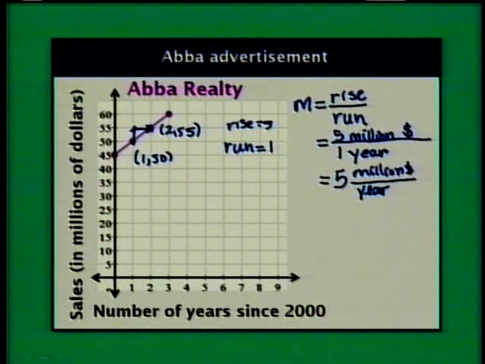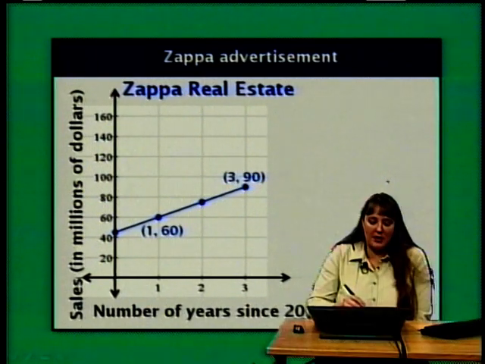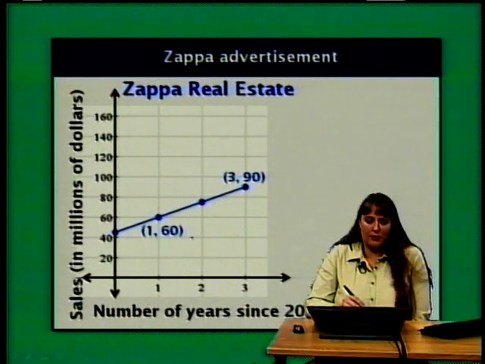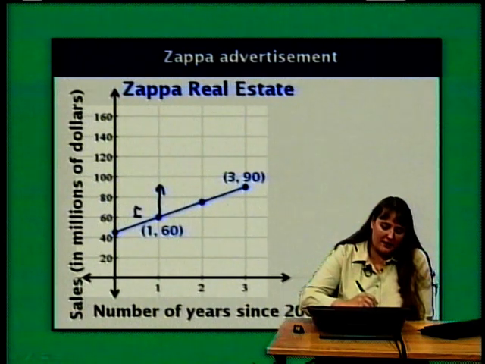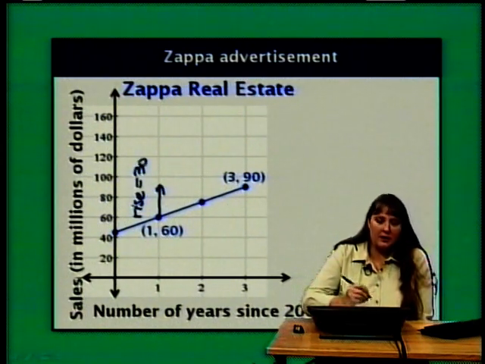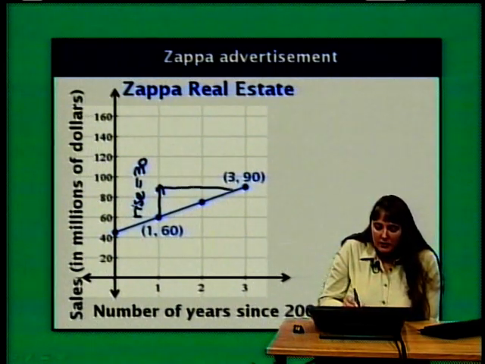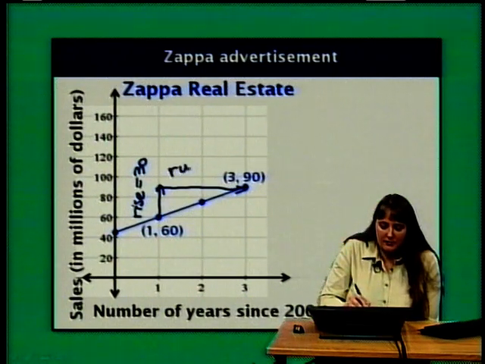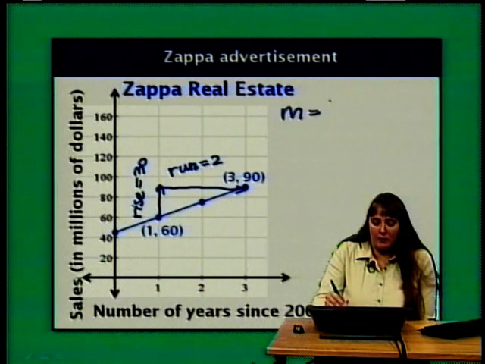Well, let's compare that to our other company. Let's look at the Zappa advertisement. Here I have 2 of the points labeled for me. I have a point at (1, 60) and I have a point at (3, 90). If I move upwards from 60 to 90, then I have a rise of 30. Then if I move rightwards from 1 to 3, I have a run of 2. So when I look at the slope in terms of rise over run,